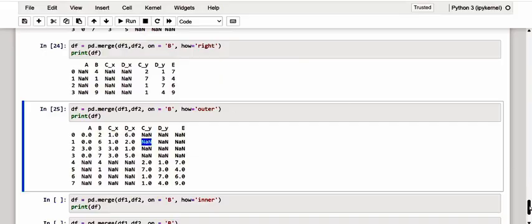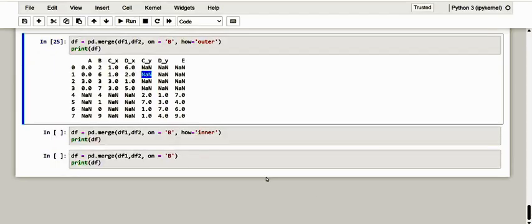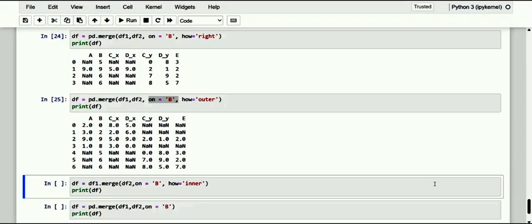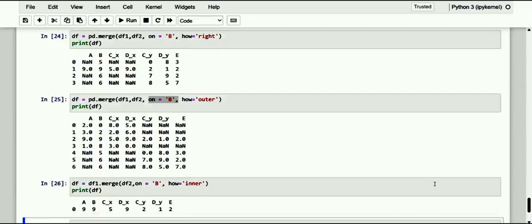Fine. Now let me just move on to the merge or inner join. By applying the inner logic in the join of the two data frames, we obtain only the row or rows in which there was a correspondence between the two data frames on the column B, and all other information is excluded.